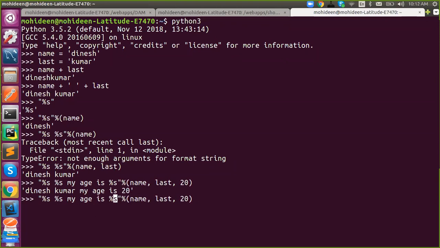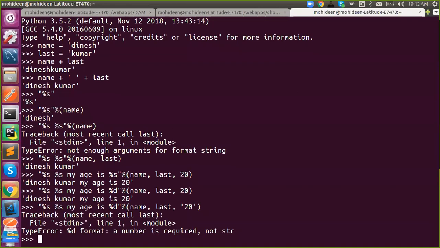Or if you want to be specific, use the corresponding data type. So if I pass a string instead, this will raise an error because you actually stuck with a specific data type. So if it is percentage d, you have to pass an integer alone, not a string. Otherwise this will raise an error.